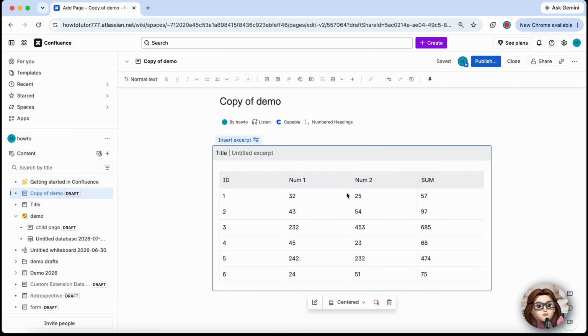Once everything looks good, publish the page. The table will now be displayed on the new page while remaining connected to the original source. Any updates made to the original table will automatically appear everywhere the table has been reused, helping you keep information